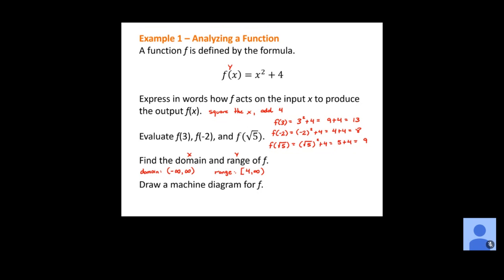Now, let's reason through how we know it goes from 4 to infinity. What's the smallest value I could get out of x squared here? 0, right? Because even if I put negative values in there, when I square them, they're going to become positive. So 0 is the absolute smallest thing I could get. And then I'm adding 4 to that value. So 0 plus 4 means that 4 is the smallest value I can get out of that function, and there's no way I can get anything smaller than that. And again, if I plug in 0, 0 squared plus 4 is 4. That's going to be included in my range this time.